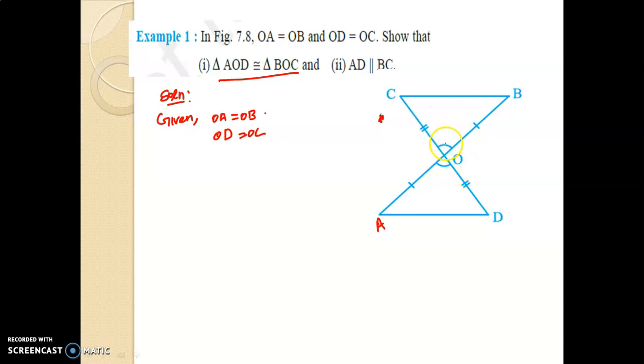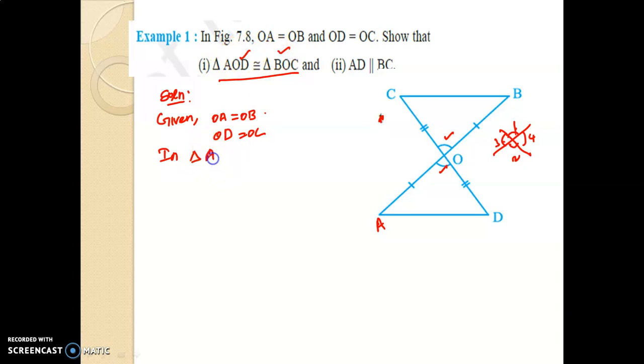And what about this angle? That is this angle and this angle. Are they the same? Definitely, because the lines AB and CD intersect at the point O. Therefore, the two angles are vertically opposite angles. Already we know that when two lines intersect like this, four angles will be formed, 1, 2, 3, 4. So 1 and 2 are the same and 3 and 4 are the same because they are vertically opposite angles. So we are going to show that these two triangles only are congruent.